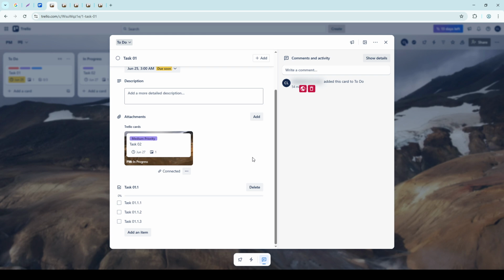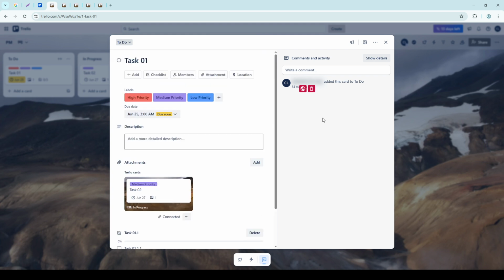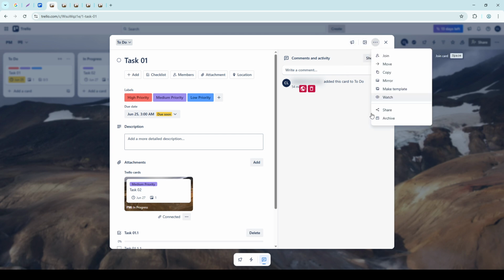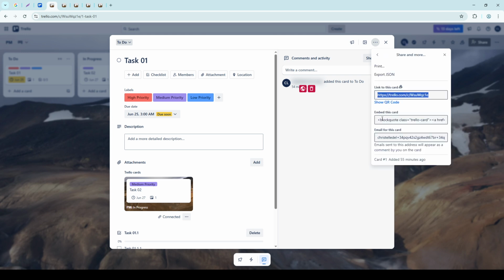If you prefer a simpler method or need an alternative, there's another way to connect your Trello cards. Start by opening the first card and copying its unique URL from the Share and More area located at the bottom of the card. Once you have this URL, navigate to the card you'd like to link it with. In the description section of this second card, paste the URL you